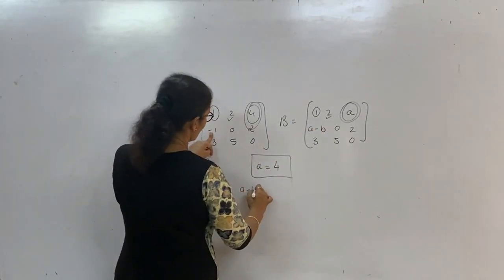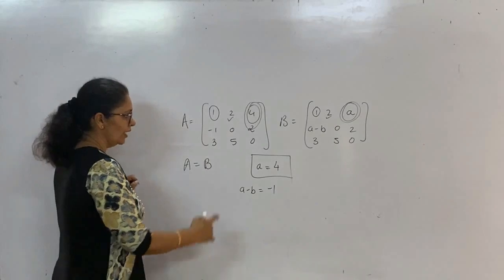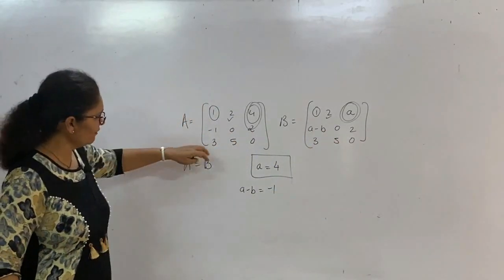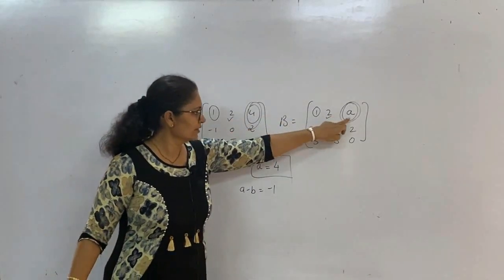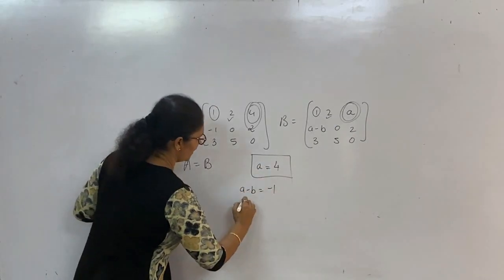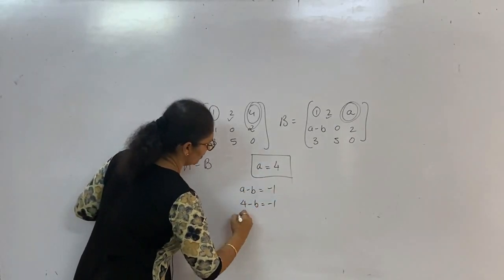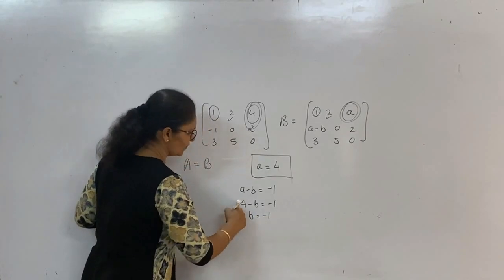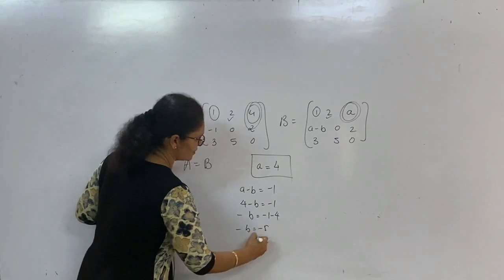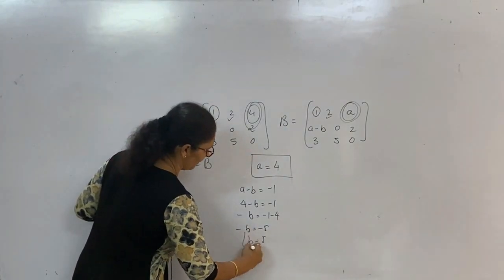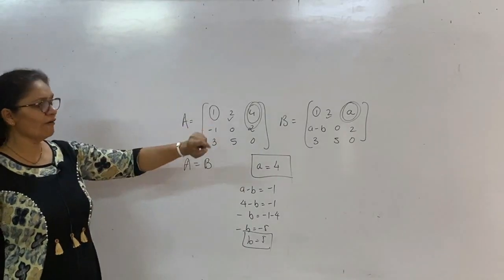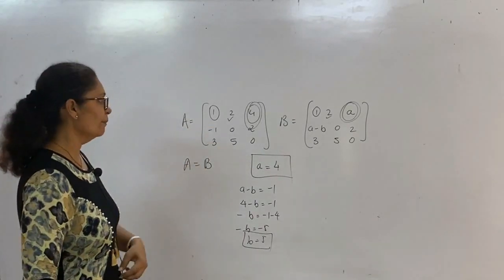So we get one relation, A minus B is minus 1, and the rest of the elements you can check, the remaining elements are the same. So we simply have to compare first this and then this one. Okay, now we put in the value of A as 4. So what do you get? Minus B equal to minus 1 and 4 we shift to the other side. So minus B equal to minus 5. So your B will be 5. This way, by comparison, you get the values of the unknown numbers A and B.